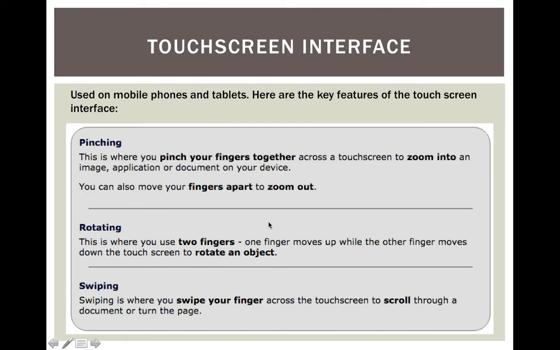Now, we're all familiar with Macs, and Macs on their touchpad on the laptop will use some of these touchscreen interface features as well. They have this kind of strange hybrid between the WIMP and the classic touchscreen interface. But this one is referring to where you don't have a mouse or a touchpad, so it's mobile phones and